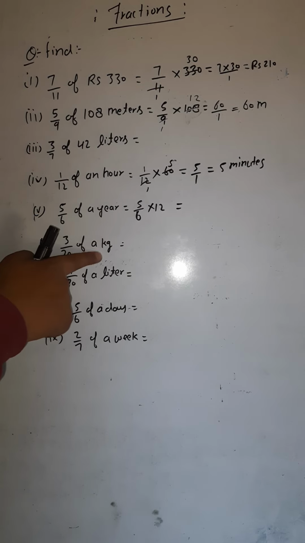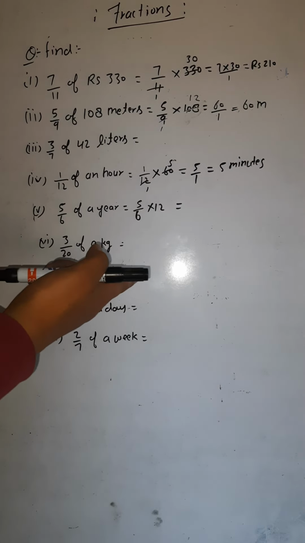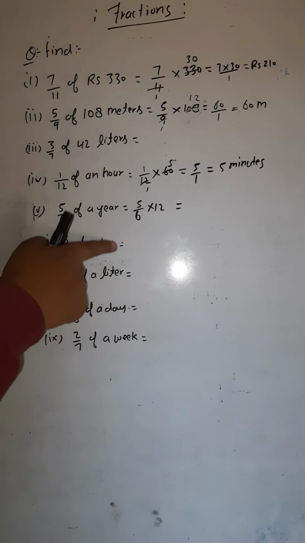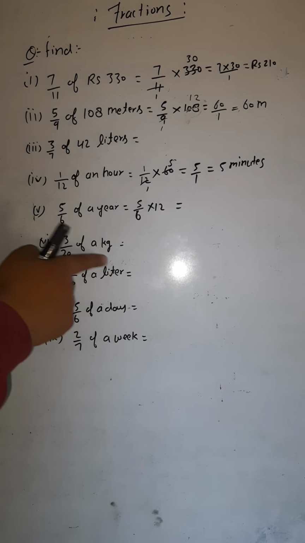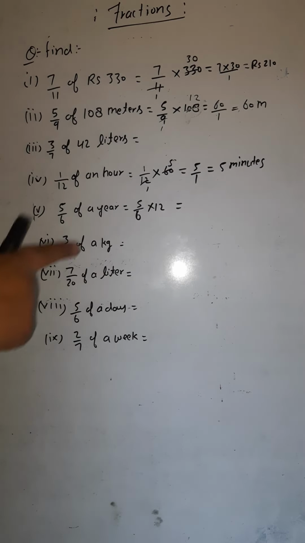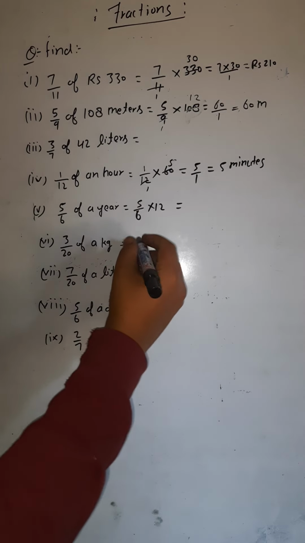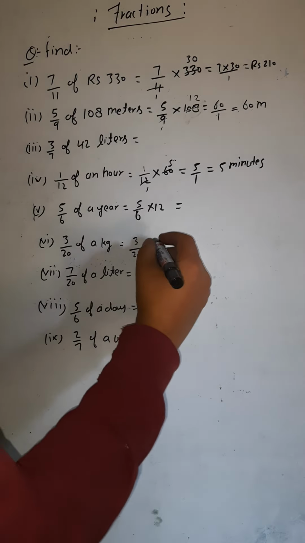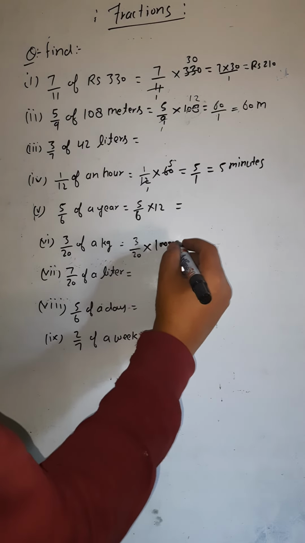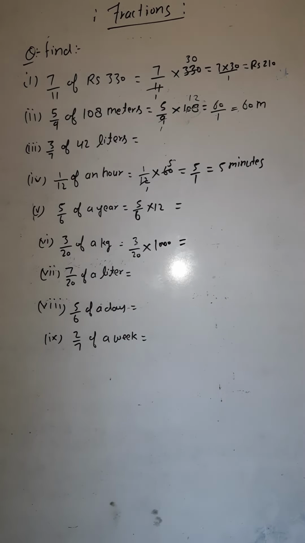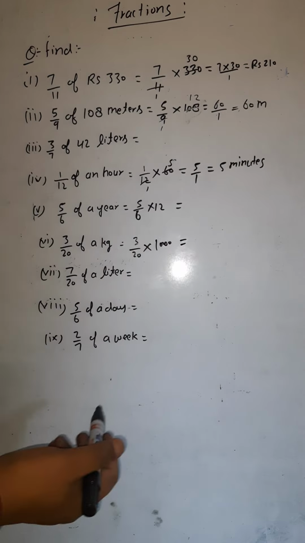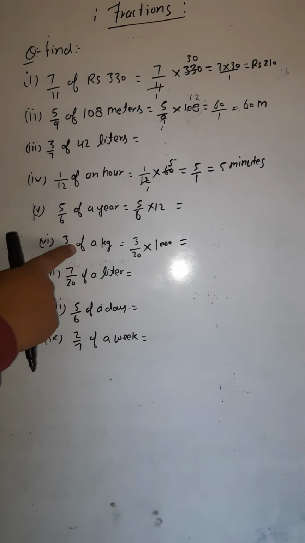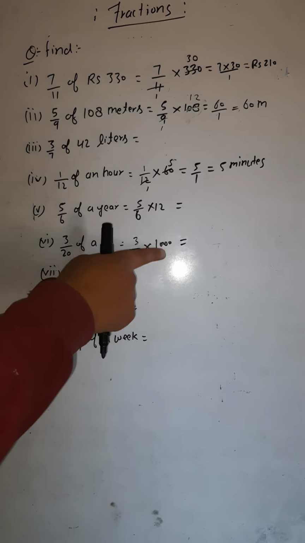In 1 kilogram, there are 1000 grams. Okay. So you would write in place of a kg 1000 grams. Okay. So you would write like this. 3 by 20 multiply in 1 kilogram, there are 1000 grams. Now you can cut this also and then you would get your answer in gram. Answer would be in gram because we have changed this kilogram into gram.